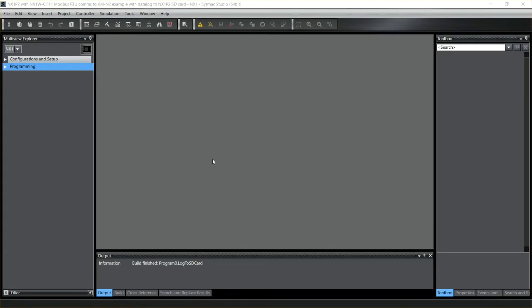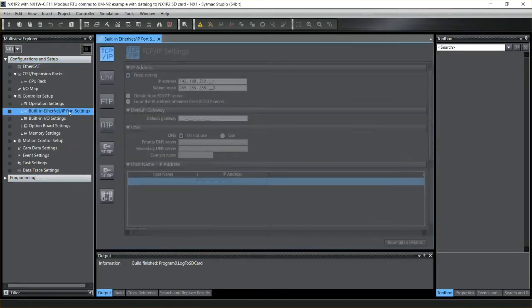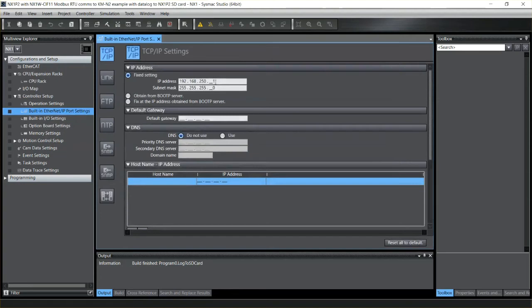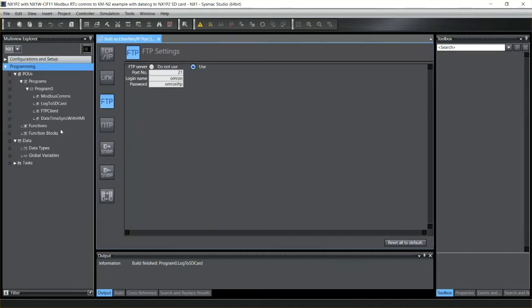Looking at the FTP server functions first, I have a project here for an NX1P2. If we look in the Ethernet IP port settings, there's the IP address of my controller, and in the FTP tab I've enabled FTP Server with a login name and a password for the FTP client to use. Looking at some programming,